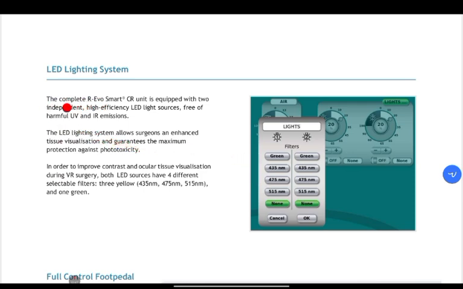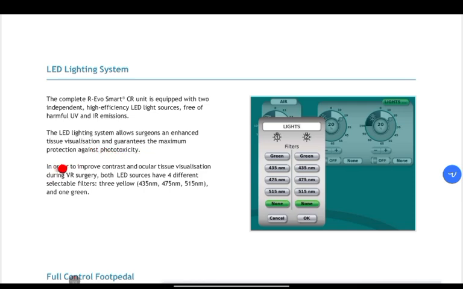So the complete R evolution smart CR unit is equipped with two independent high efficiency LED light sources free of harmful ultraviolet and IR emissions. The LED light system allows the surgeon enhanced tissue visualization and guarantees the maximum protection against